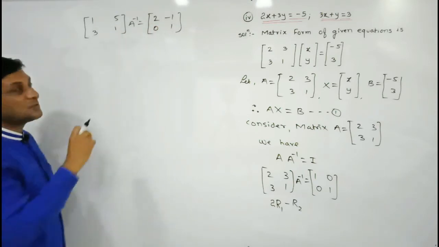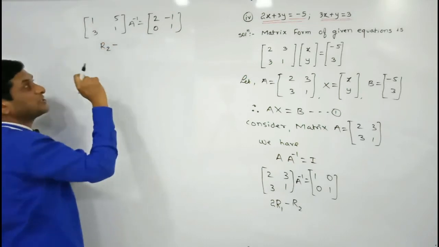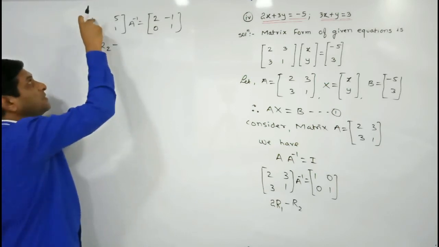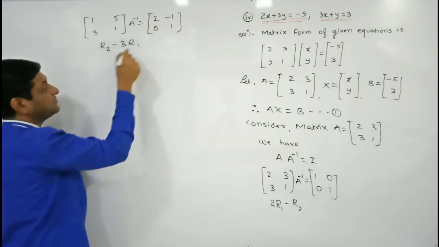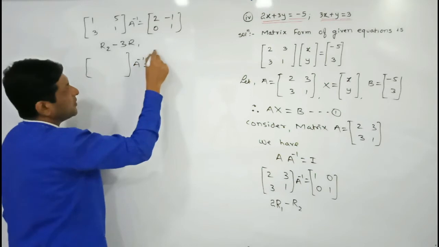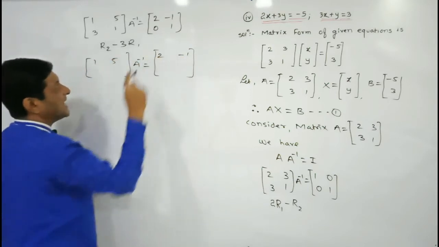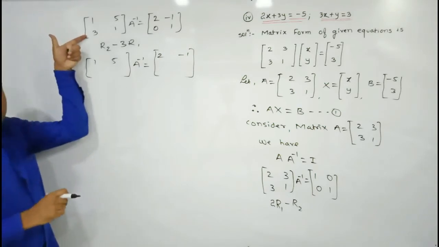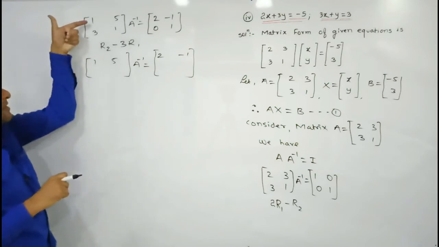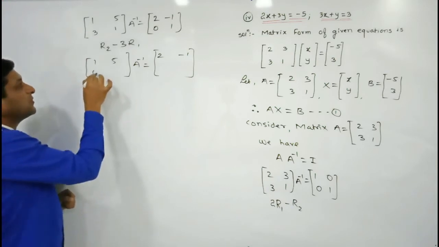Now our aim is to convert this element into 0. So our operation is on R2. We have to subtract 3 from 3 to convert it into 0, and we easily get 3 if we multiply R1 by 3. Let us perform this operation on the elements of R2. Since the operation is on R2, keep the elements of R1 on both sides as they are. Multiply R1 by minus 3. Here 1 into minus 3 is minus 3. Minus 3 plus 3 will be equal to 0.